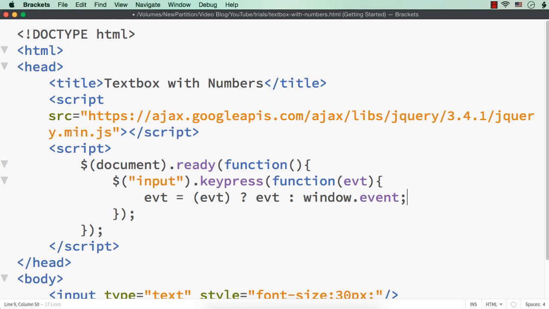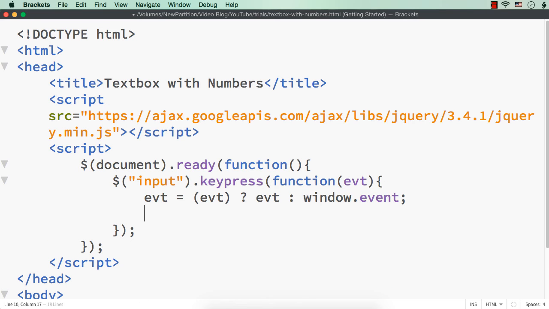This is just to support different implementations on different browsers, and here I am using a ternary operator. This is like, if this is true, then this will be executed. If this is not true, in that case this will be executed. This is ternary operator with question mark and colon, right? So this is just to support different browsers.